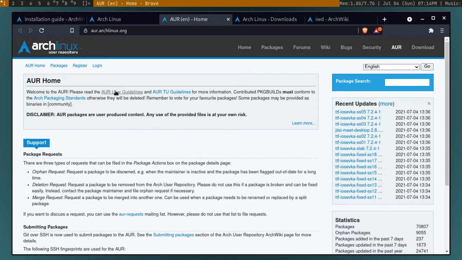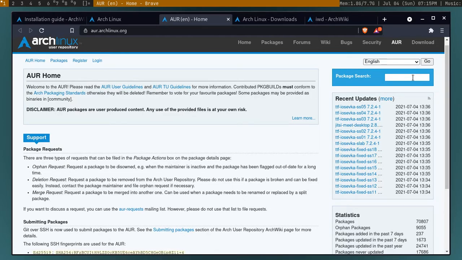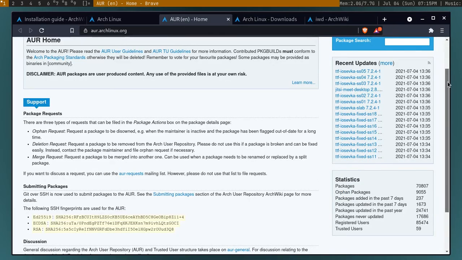It's basically the best package repository you can find. People say that if a package is not there in the AUR, it cannot be found anywhere in the Linux world. This is the best thing Arch Linux has, the Arch User Repository, which has every single package one knows.